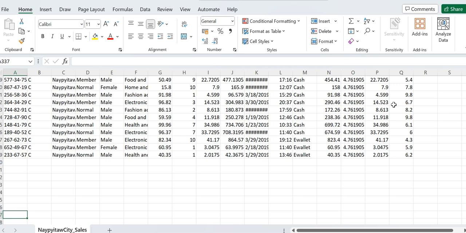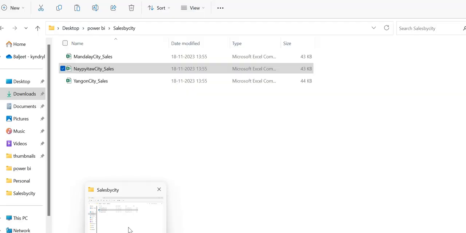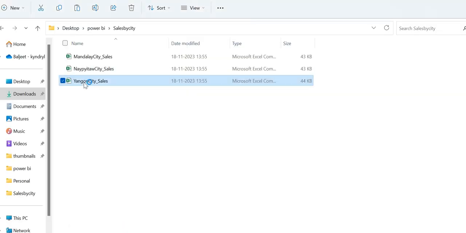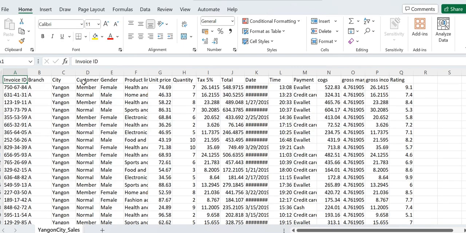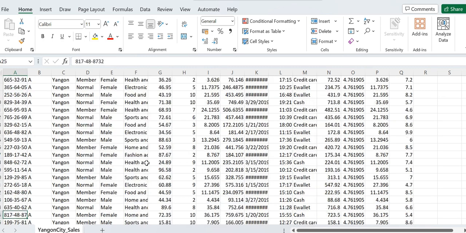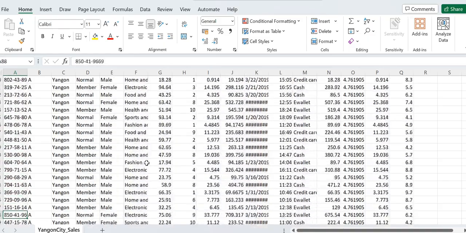Before moving ahead, we will see how many entries we have for Yangon city. Here in this third city, we have the same kind of data information, and we have more than 300 rows here too.